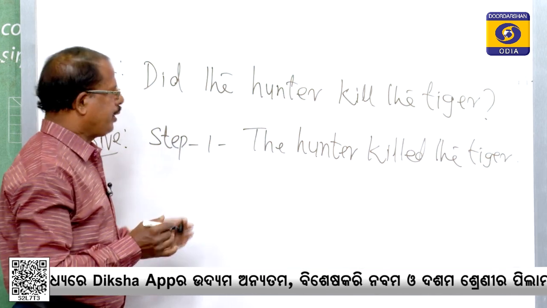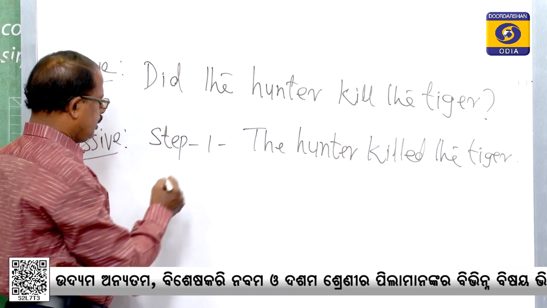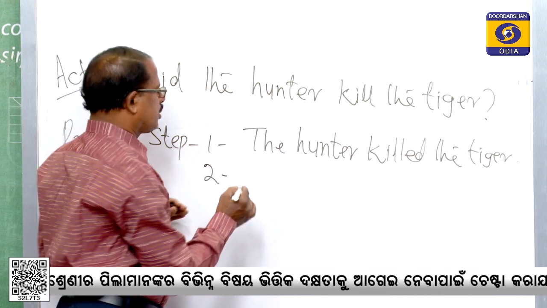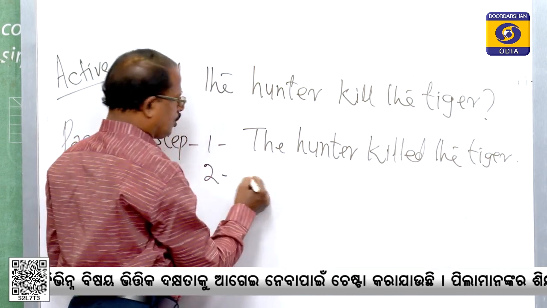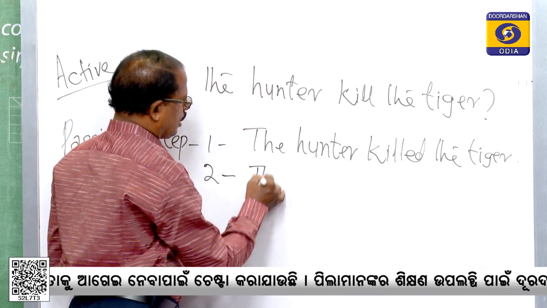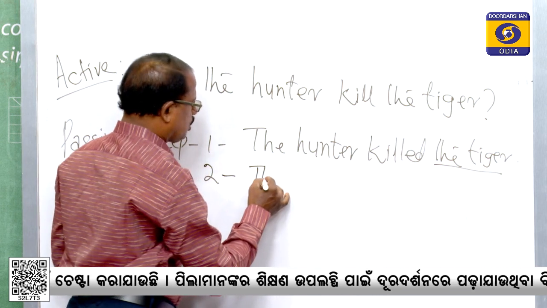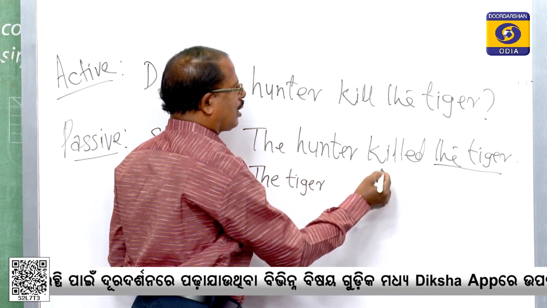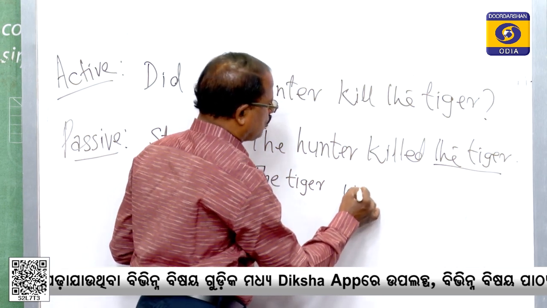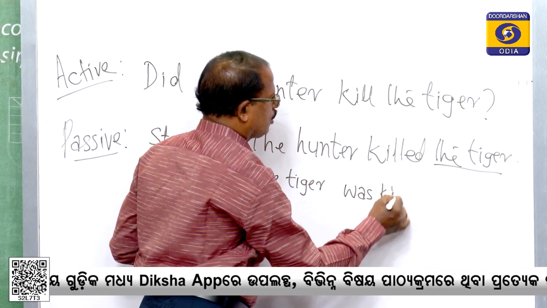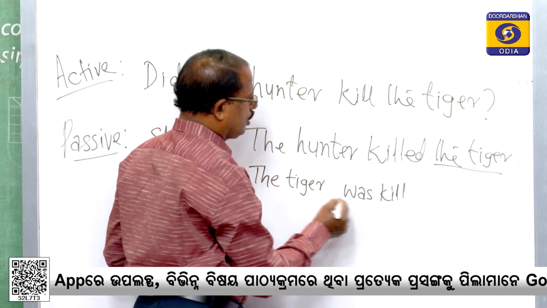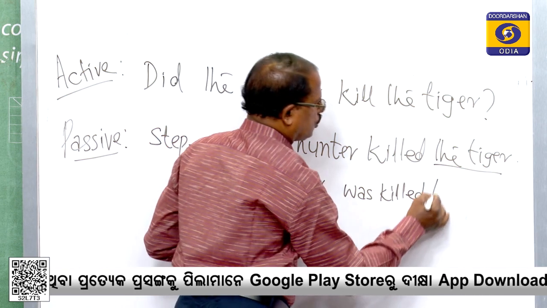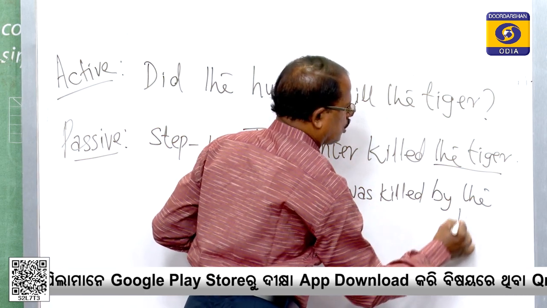So, first, in your mind you change it into declarative form. Step 2, now you change the declarative sentence into its passive form. So, the tiger was killed by the hunter, as we have already discussed. The object, the tiger, will be the subject. Killed is the simple past, and the simple past passive form is was killed, we have already discussed, was killed or were killed, because this is singular, tiger. So, the tiger was killed, and then the agent is here, the hunter. So, by the hunter,